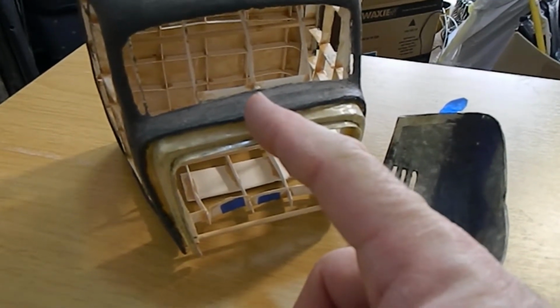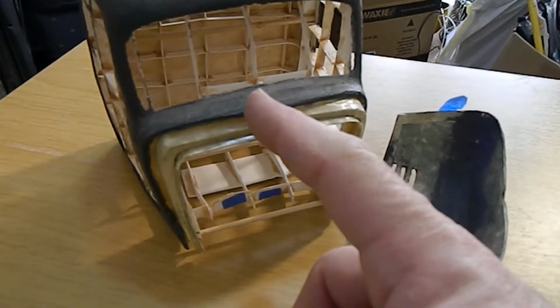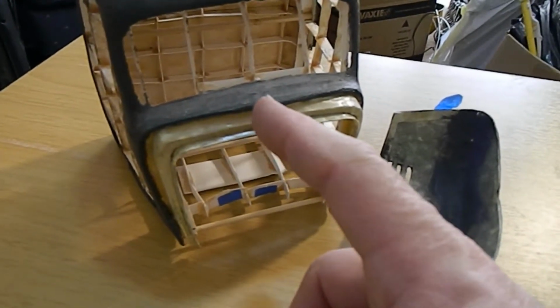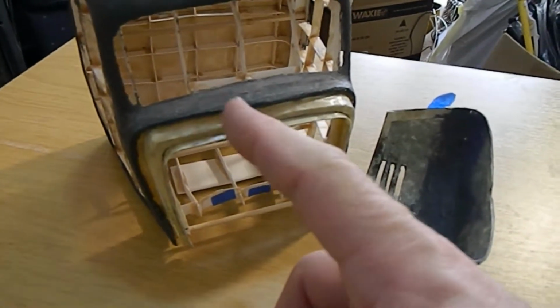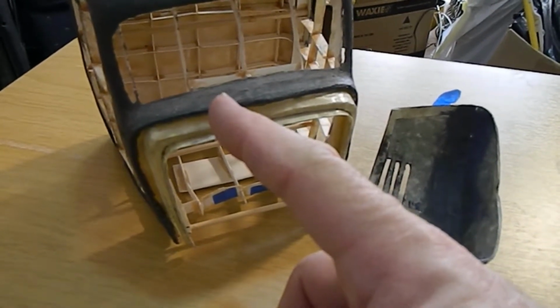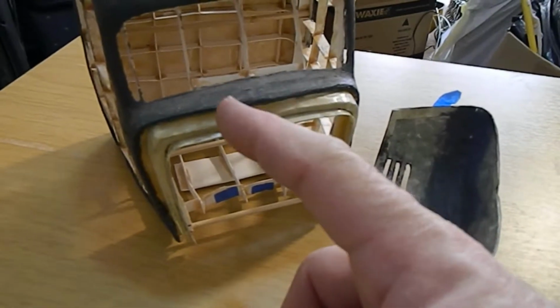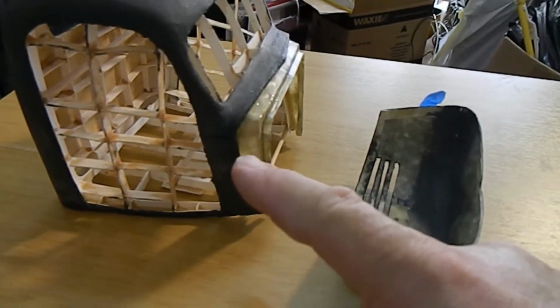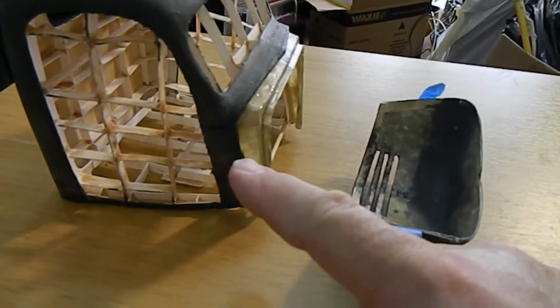And I'm not sure if I want to do it. I might even just make a cut in, because I'm never going to open it. So I might just make a cut with an X-Acto knife in the shape to let you know that's there. Same as here, there are vents here on the side of the truck. I might just do that because I'm not going to open it, and